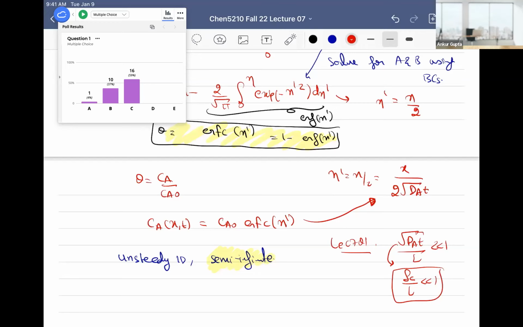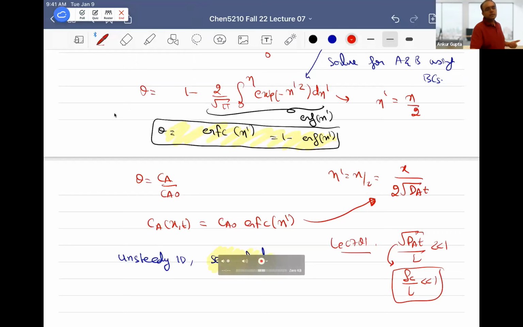So this solution is known as the early time solution. Whenever you think of a similarity transform, think of a semi-infinite geometry or an early time. In early time, what happens effectively? The ratio of the boundary layer thickness to the total length must be small. Some students have definitely said this to me, that much more than one, or it's not really infinite. So how can we get